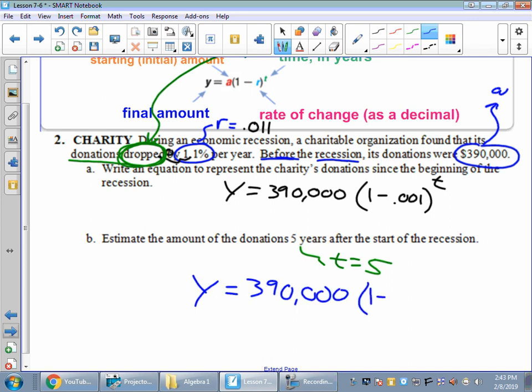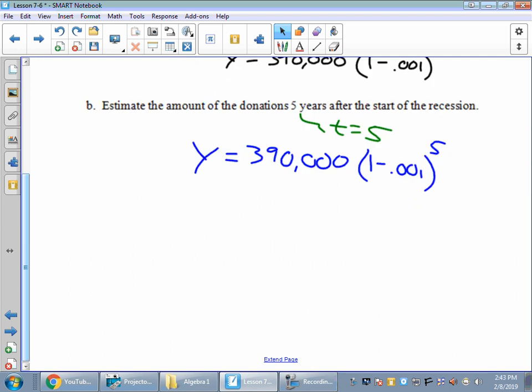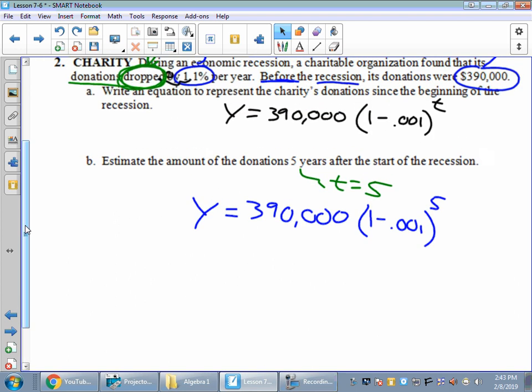times 1 minus 0.001 to the 5th power. Okay? And again, using order of operations, that's going to be the key. Make sure you do that parentheses first. So 1 minus 0.001. So we're going to have like a 0.999 something in there. Okay? Then take it to the 5th power. Then multiply it by 390,000 because we have to use PEMDAS. And you should end up, we're talking money here, you should end up with about